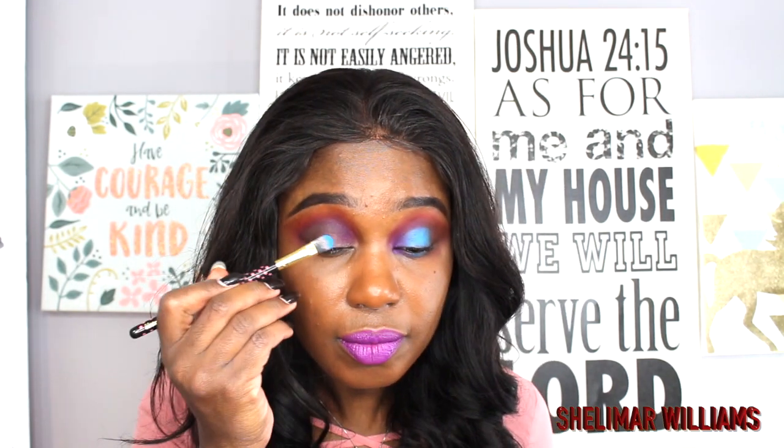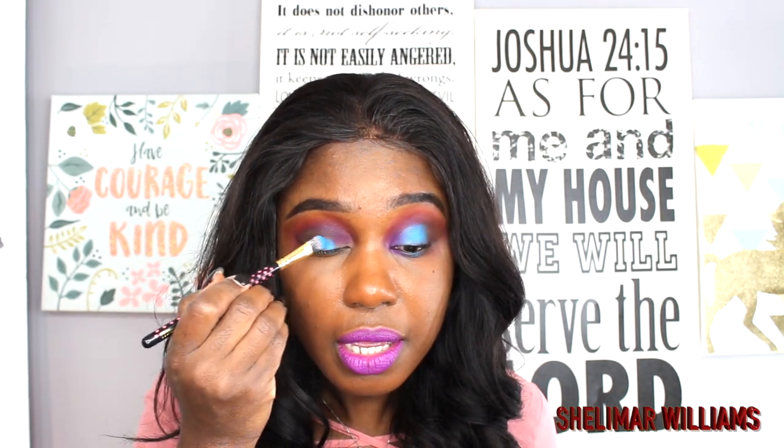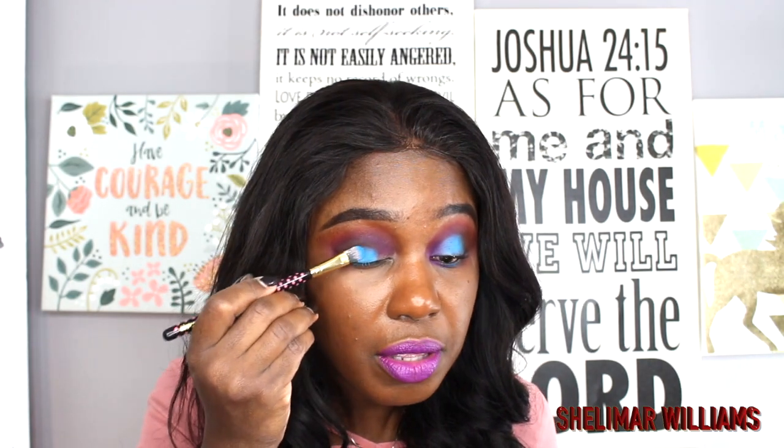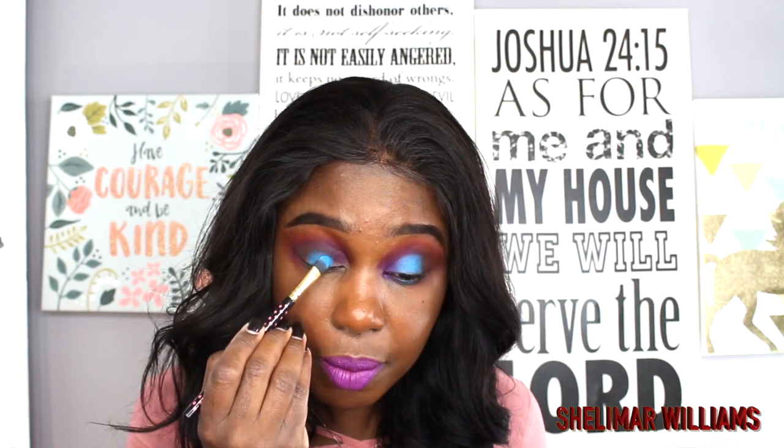So now I'm gonna go in with the brown. I did do the brown right underneath. I just wanna give it a little depth just to see. All right, so let's see how this works, guys, because I'm getting pretty scared with this one. Now you guys may be wondering what I normally use. I normally use a foundation, my skin tone, and my colors do not pay off the way that I want them to show up. So I decided that I'm gonna go out and look